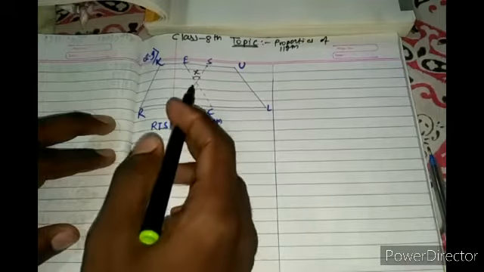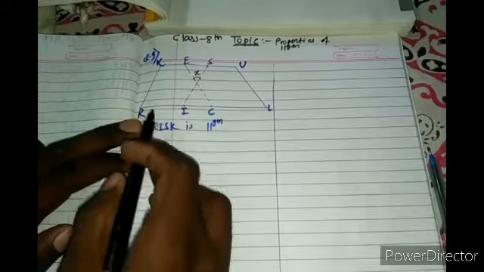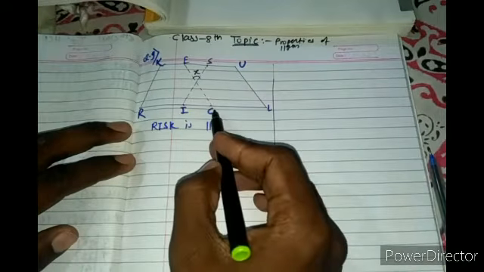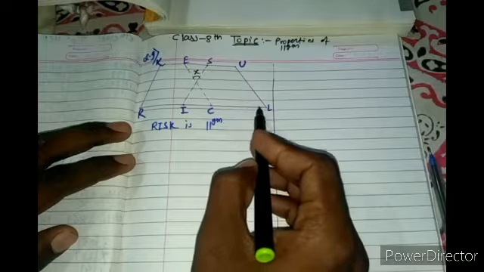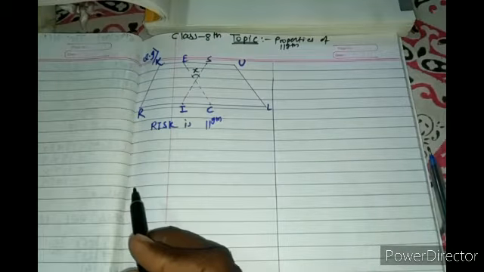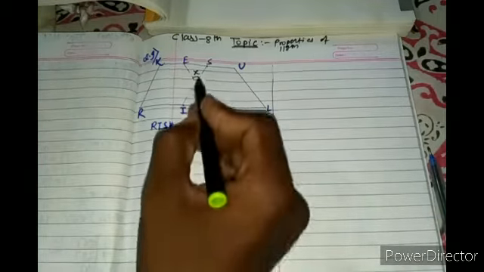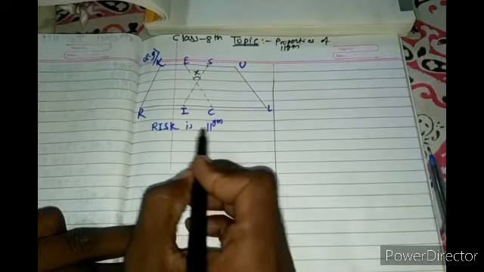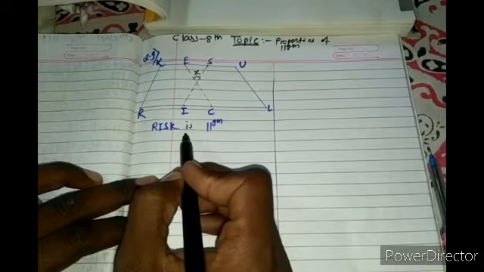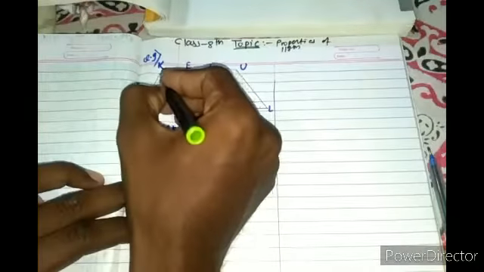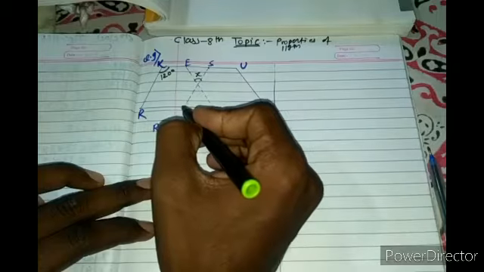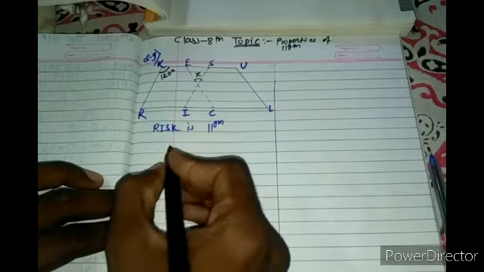But in that trapezium there are two parallelograms, RISK, that is one, and the second one CLUE. So with the help of these two parallelograms we have to find the value of x. I have taken the first parallelogram, RISK, which is a parallelogram. Here one angle of 120 degrees is given. By the use of this 120 degrees we will find this angle RIS.